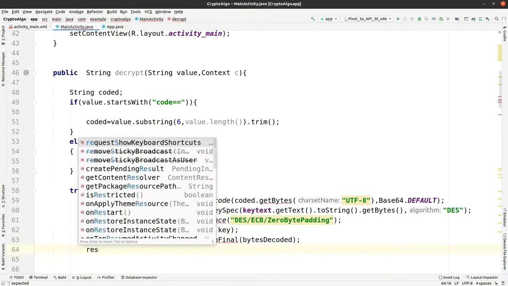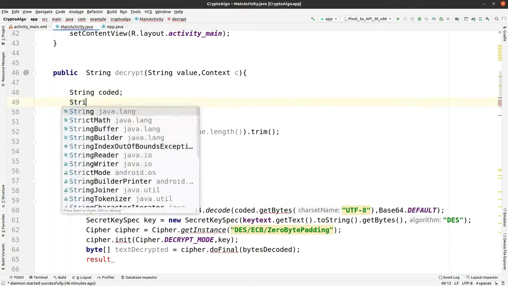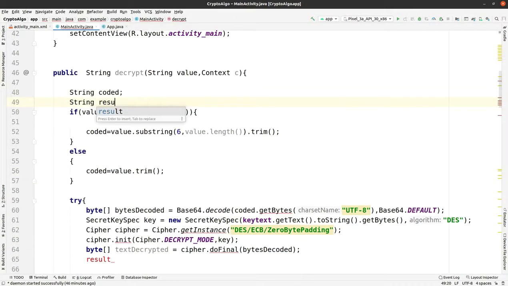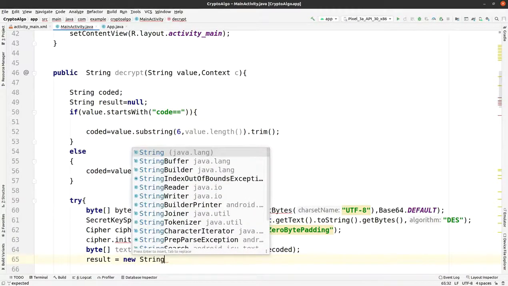Okay, then we are taking the text in the form of a byte array called text decrypted, and after that we are making the final result, but we have to create a variable, like we have to make it a string result as we are encrypting and decrypting the text. So we are using string variables and storing null in it. Okay, so within the result variable we are storing the new text called text decrypt.